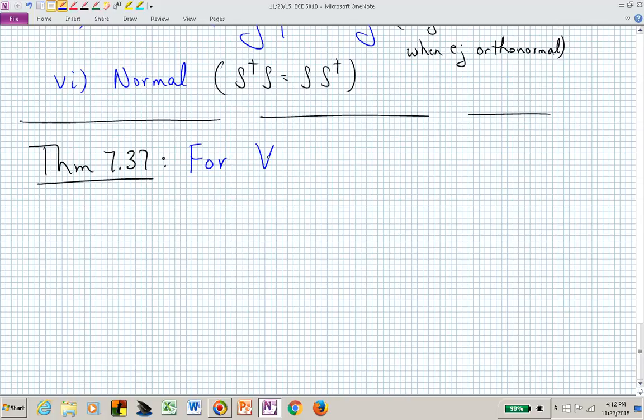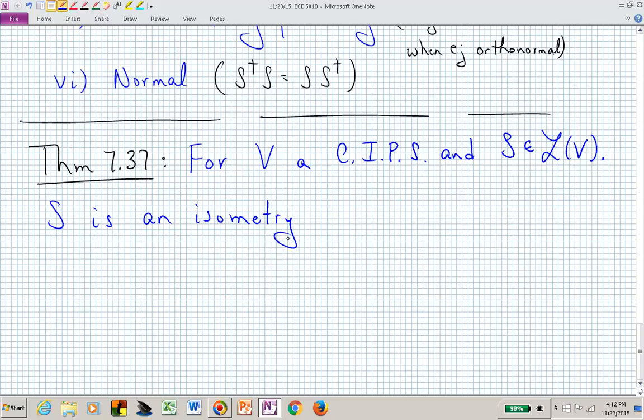Let's say that we now have a vector space V that's a complex inner product space, and let's assume that we have this operator S that's a linear operator on that complex inner product space. That linear operator S is an isometry if and only if there exists